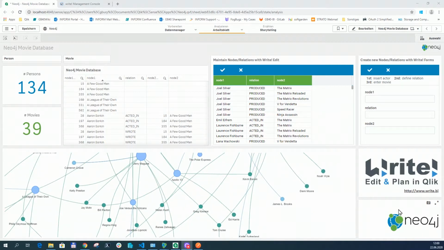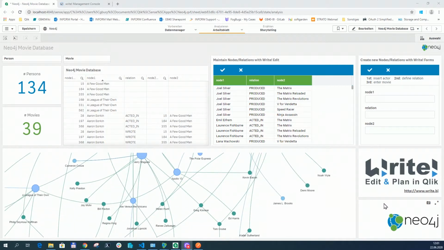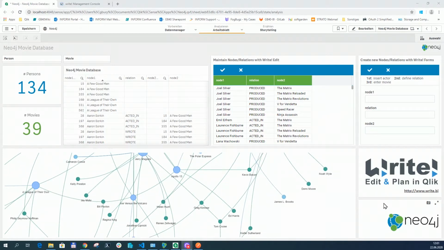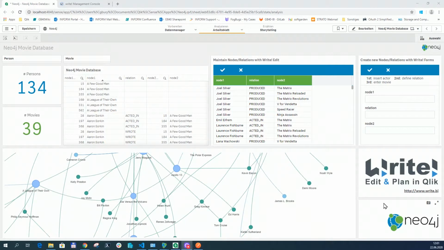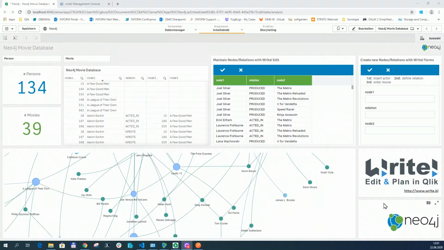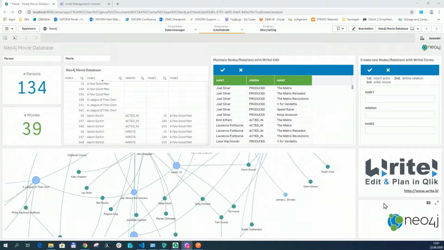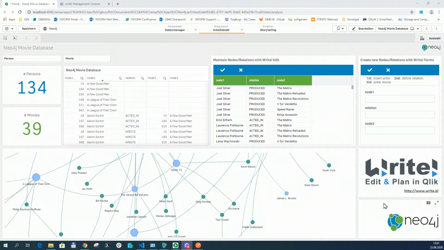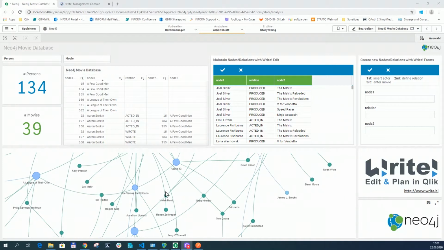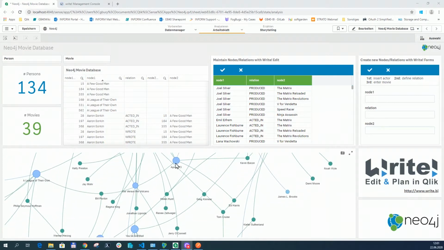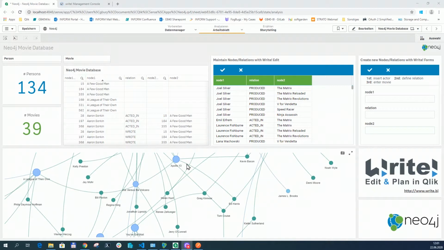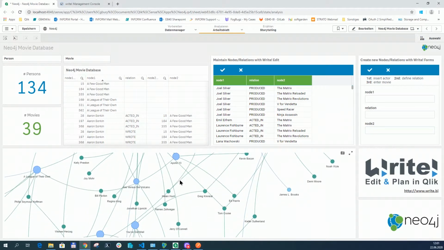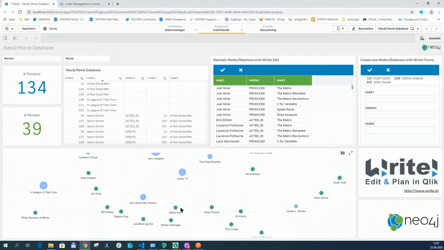So the first task was to somehow get the data from Neo4j into Qlik Sense, and for this use case I selected the sample database that Neo4j is providing, the very well-known movie database where you have nodes and edges. For example, here you have the movie Apollo 13, and you have different edges to all the actors that acted in Apollo 13, and of course